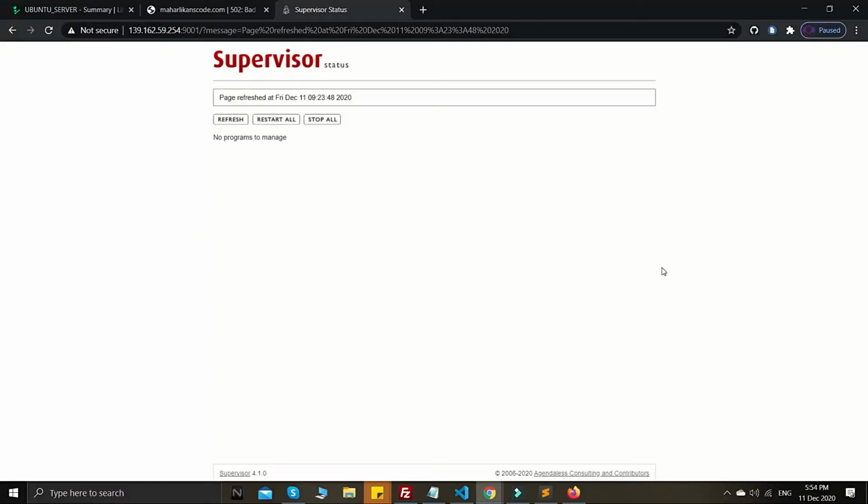Okay, this is the supervisor right now. When we access our IP address and then the port number, the port number is 9001, which is the default one. You can always change the port number, guys. In this case, again I will highlight to you that this should be highly confidential in your configuration, guys. No need for you to expose the port number for your supervisor, of course, but